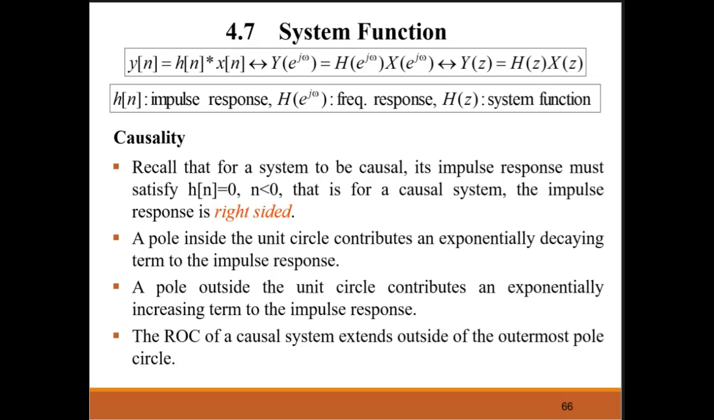Okay, so for y[n], output dia adalah hasil daripada impulse response darab dengan input. Okay, and then kita tengok dia punya, this is the frequency response dalam bentuk frequency response, and then this is the Z transform. So h[n] is impulse response, e^{jω} is frequency response, H(z) is system function atau transfer function. Bila kita nak tahu